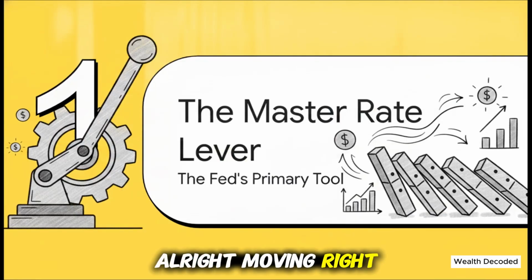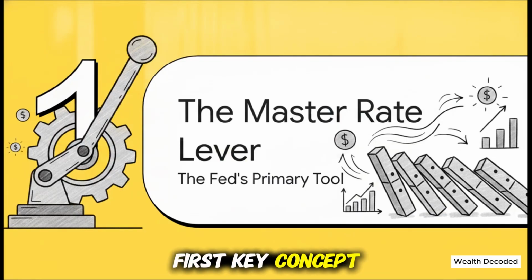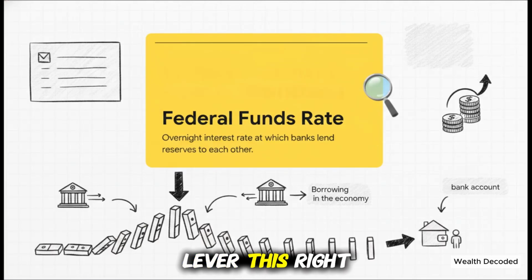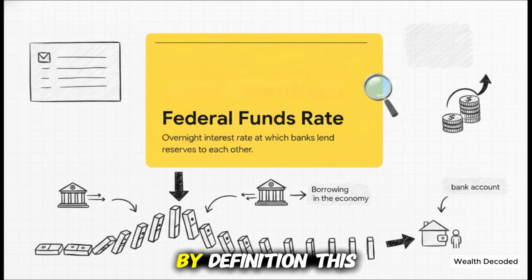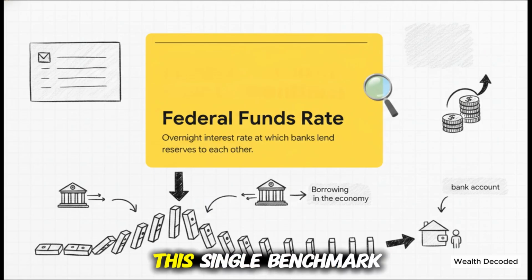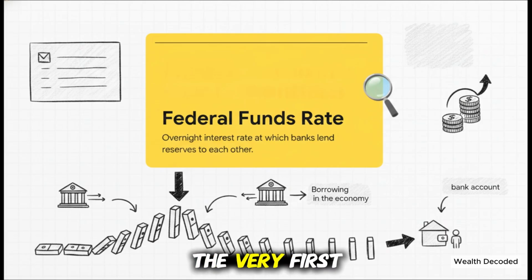All right, moving right along to our first key concept, the master rate lever. This right here is the inciting incident of our economic domino effect. The primary tool the Fed uses to influence the entire country's economy is the federal funds rate. By definition, this is the overnight interest rate at which banks lend their reserve balances to each other. Now, I know, it sounds highly technical and completely detached from your daily life, doesn't it? But actually, it's the baseline lever for all other borrowing in the economy. This single benchmark rate is literally the very first domino to fall in a massive chain reaction that eventually reaches